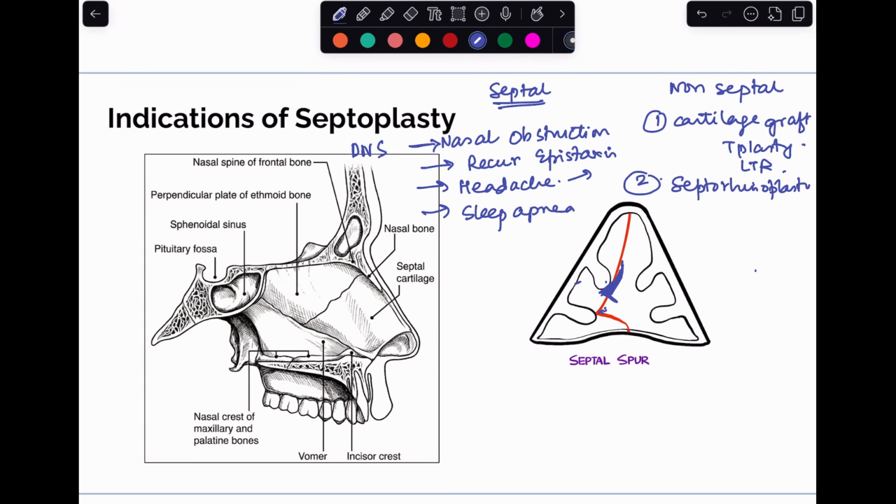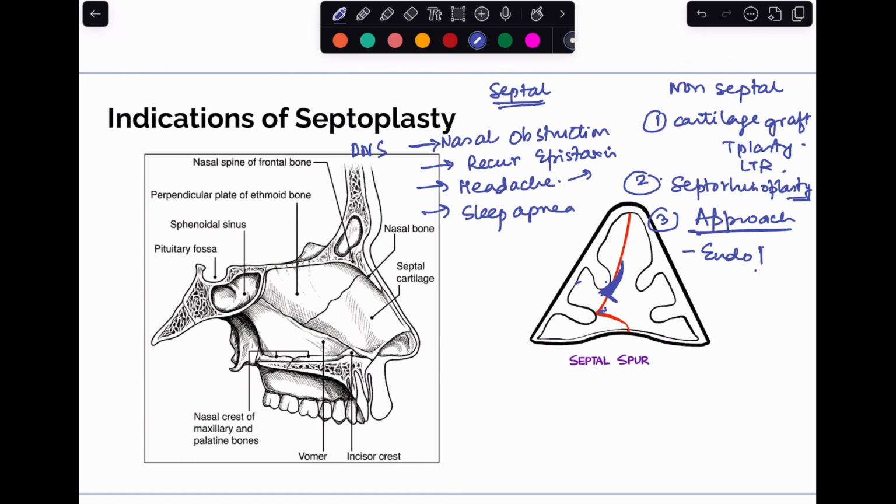It can actually be combined with rhinoplasty. Third is if septoplasty is used as an approach to other surgeries. Septoplasty is done so as to give more access to the endoscope while performing any other surgery. For example, we have